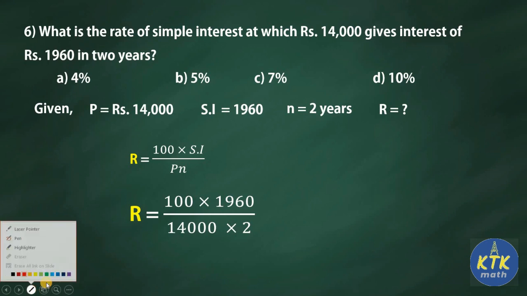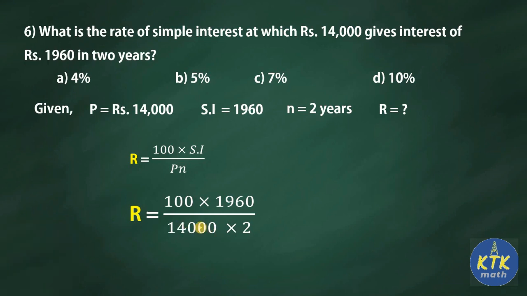You can cancel the numbers now. It's very easy cancellation. So 2 zeros got cancelled, and here also you can cancel this last 0 with 0. So we know that 14 14s are 196. Now you can cancel again this 14 with the 2. Your answer will be 7. Therefore the answer for your sixth question is 7%. So after cancellations you write down the remaining number. We are left only with the 7 there. So 7% is your answer for the sixth question.